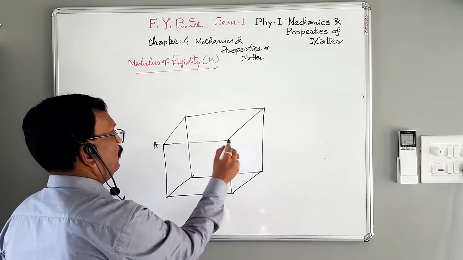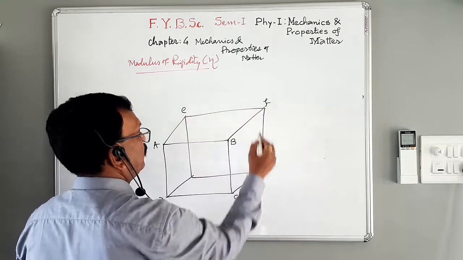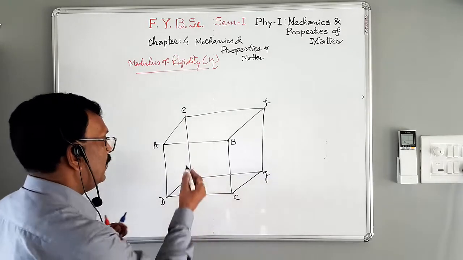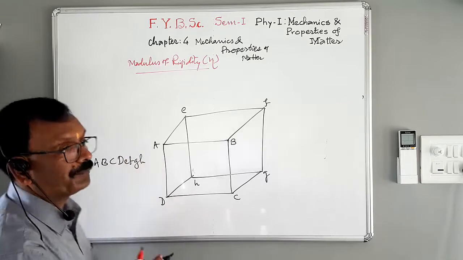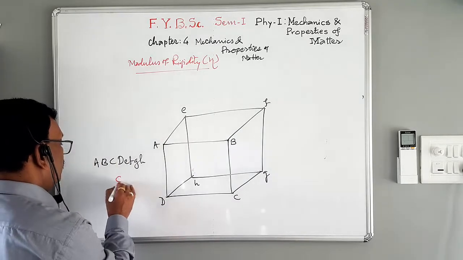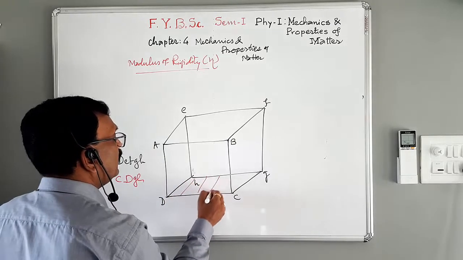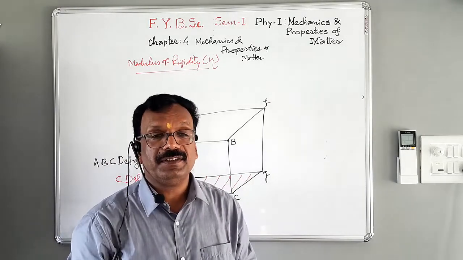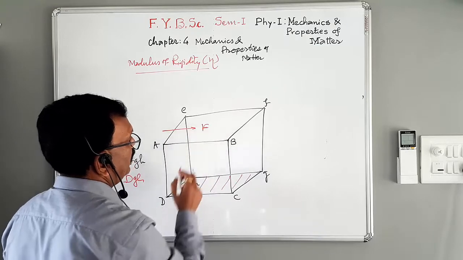A, B, C, D is the front face, and E, F, G, H. Hence A, B, C, D, E, F, G, H is the cube. The surface CD, GH, that is CDHG, is fixed, and the tangential force F is applied